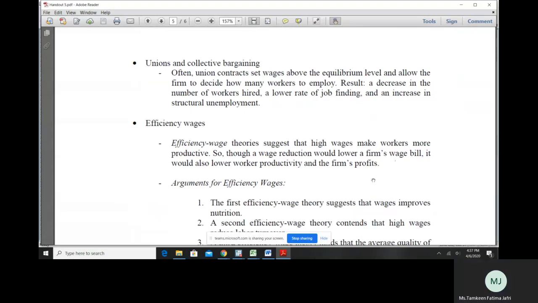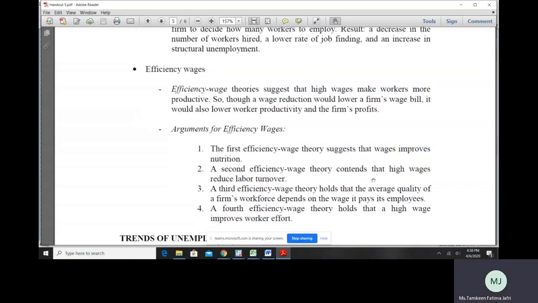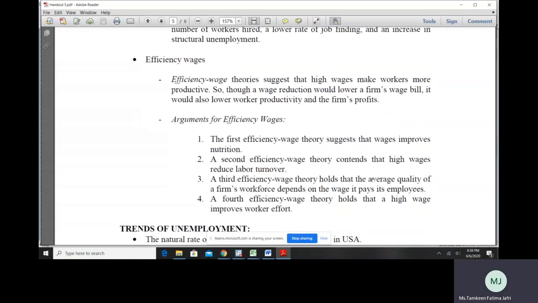For example, that particular industry is paying more than what average industries around them are paying. So the logic they're using here is that if I pay more, of course my wage bill is going to increase, my labor cost is going to increase, but it would also result in an increase in labor productivity. Workers will be happier, they will work better, production will increase, so ultimately the organization will benefit. So there are also a couple of arguments in favor of efficiency wages.